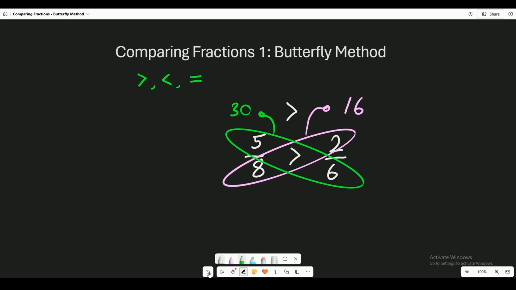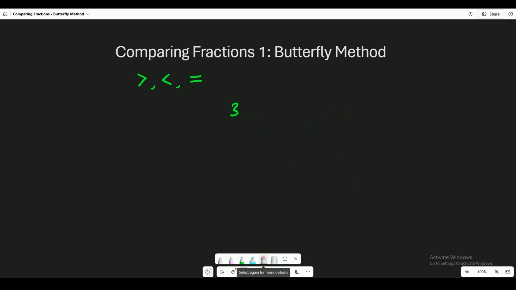Cool. Let's do one more example. And that'll conclude our little lesson about comparing fractions using the butterfly method. Let's say I have, oh, this one's good. 5/12, and let me put it over here. So I'm comparing 5/12